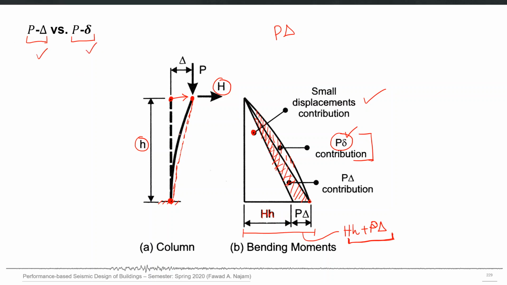Both of the deformed configurations, the actual one and the approximate one which is assumed in P delta analysis, will have the same peak displacement, which is capital delta, but their distribution along the element length at the local level will be different, and that will result in the development of the P small delta contribution along the spans of the elements. So you should consider the difference between P capital delta and P small delta also.